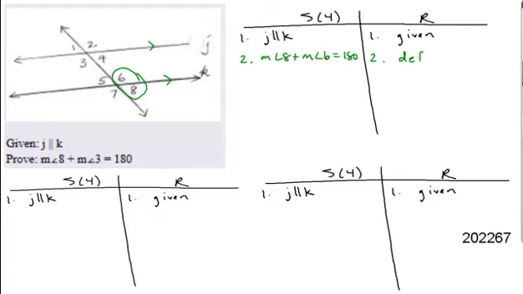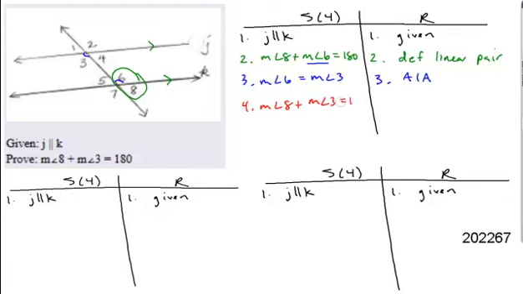This is definition of, we have adjacent angles that form a straight line. So definition of linear pair gives us this form, which we can then replace angle 6 with what's equivalent to angle 6. If these are parallel lines, angle 3, and we know those are equivalent because they are alternate interior angles. Therefore, we can take our statement, measure of angle 8 plus angle 3 is equal to 180,